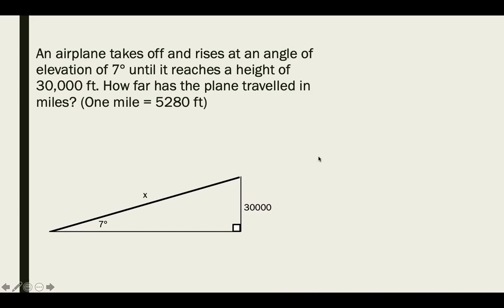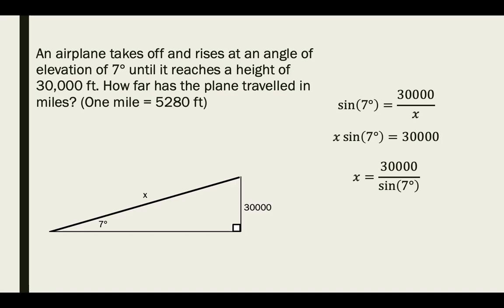Well, how could we do this? Well, we've got a 7-degree angle here, and we've got two sides we're thinking about, an opposite and a hypotenuse. What trig function is opposite over hypotenuse? It's sine. So sine of 7 degrees equals 30,000 over X. We're going to solve for X just like we learned how to before, multiplying by X, dividing by sine of 7. So that's going to give us an answer of approximately